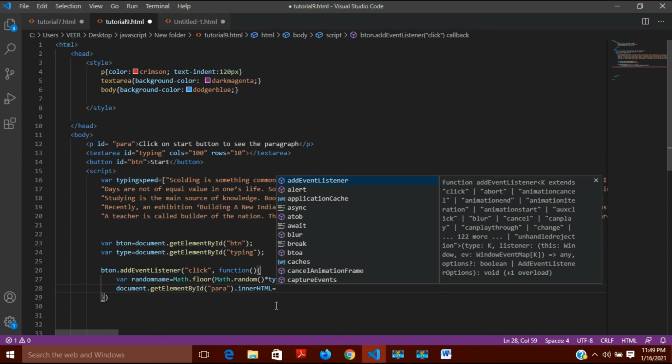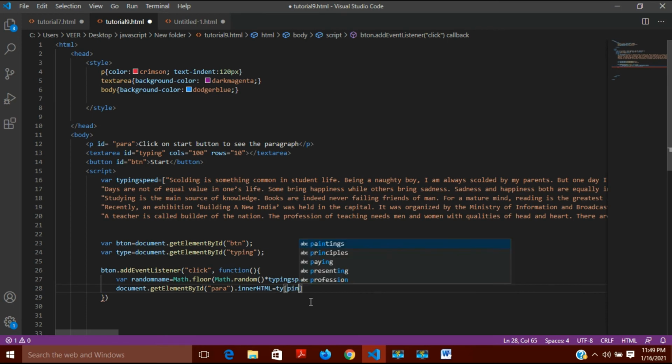So here I want it to be replaced with any of these. This is the array and any element of the paragraph array. For this, again I will use this variable, because I want any random paragraph, and that random numbered paragraph I will get from the randomName variable, because it is stored there.